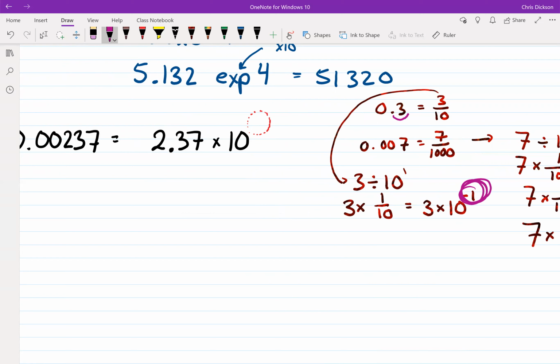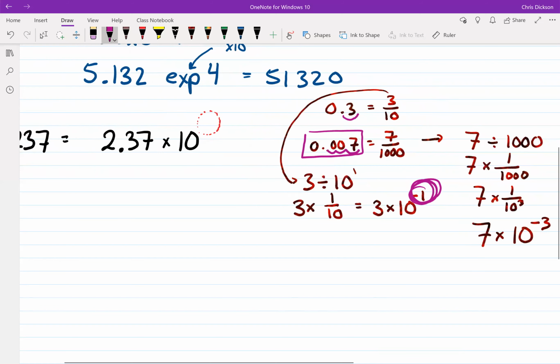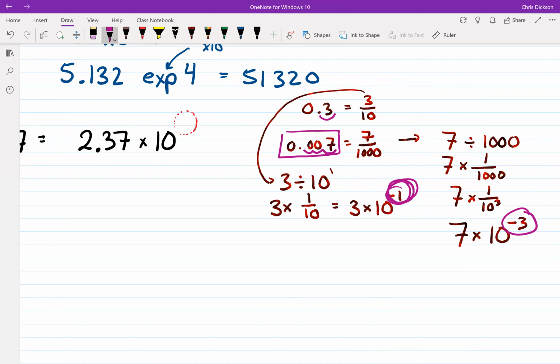But what about this number here? Well, if I move the decimal over so that the 7 is to the left of it, I would have to move it over 1, 2, 3. And if you notice, it's negative 3. So maybe there's a faster way to do this. It doesn't show the logic of why it works, but a faster way maybe would be to say,